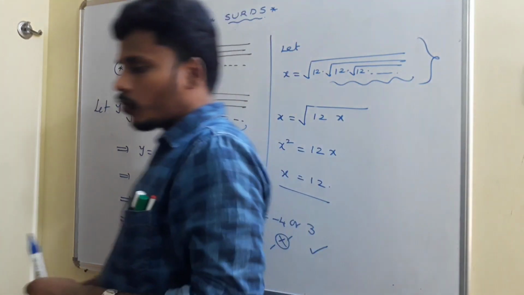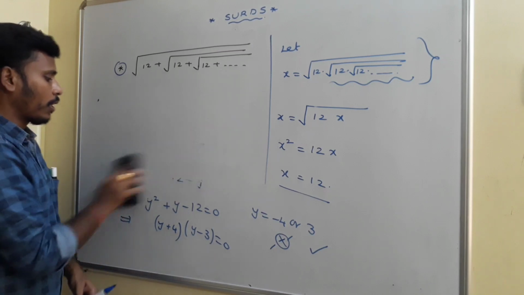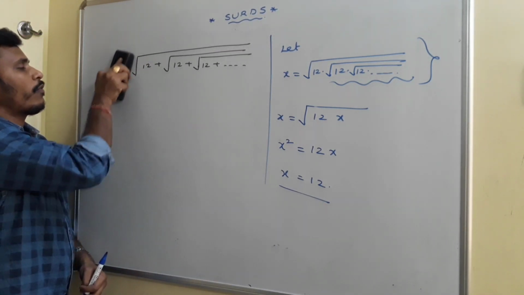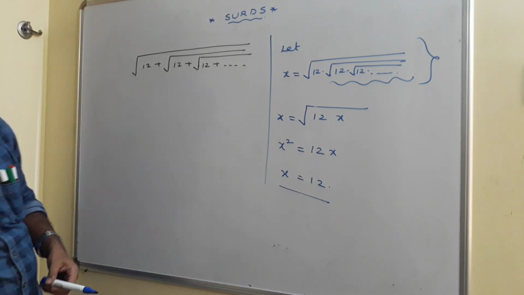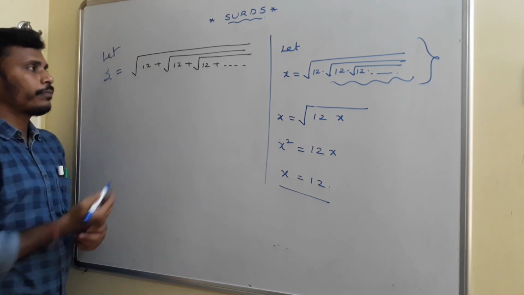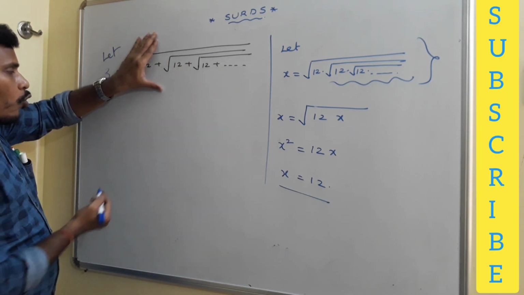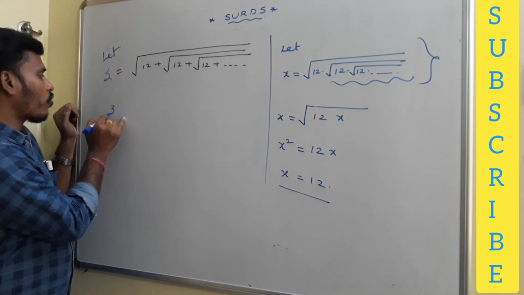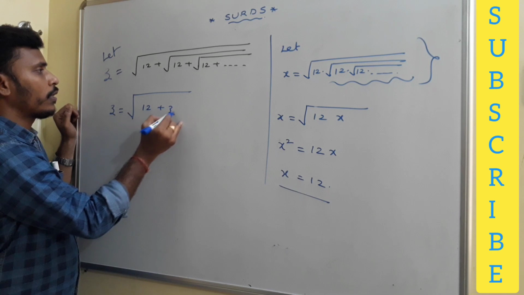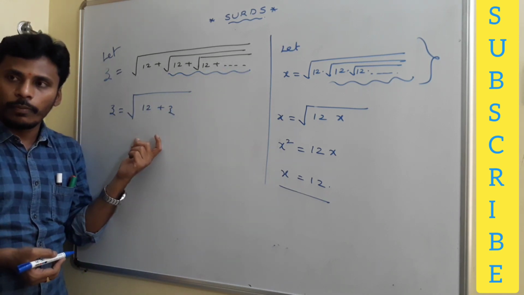Now if you solve the first one by taking the whole total problem as z, how does it become? So I am going to tell you the first problem, right? See, you need to find the simplified value first: square root of 12 plus square root of 12 plus square root of 12 plus something. You just let it be z. Now since z is equal to the whole problem, removal of one root 12 won't affect the problem. Then you just write it like z is equal to root of 12 plus z. The total problem looks like z again. So z is equal to root of 12 plus z.